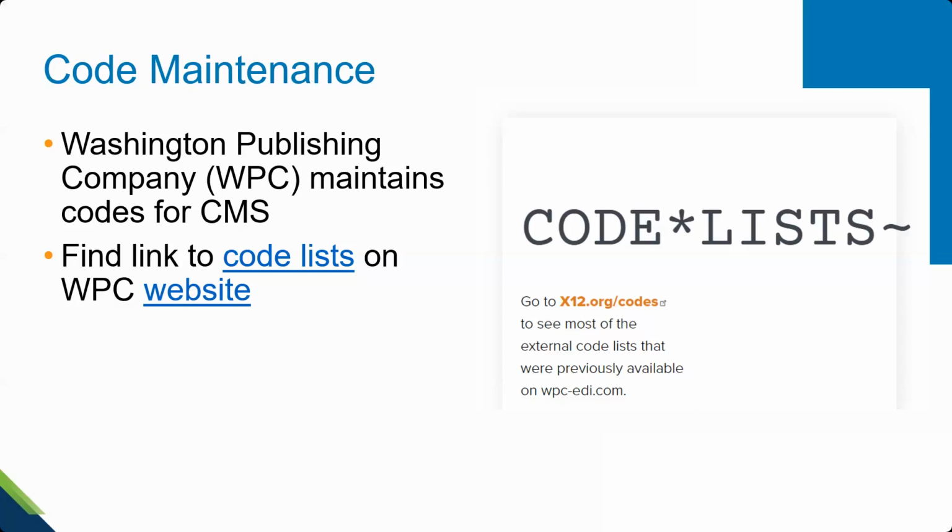I do want to mention to you that WPS understands that some of the codes may be rather cryptic. Some of them may seem a little out of date, perhaps because an outdated acronym is being used. We can't change this. We don't maintain those codes. It is the Washington Publishing Company, or WPC, that does that. On their website, on the homepage, there's contact information if you wish to contact them to suggest that they change one of their reason codes or something in those reason codes.